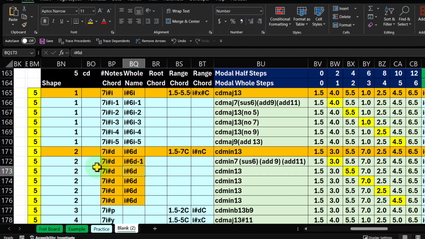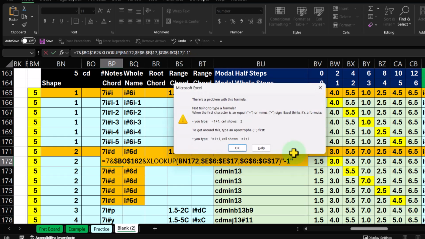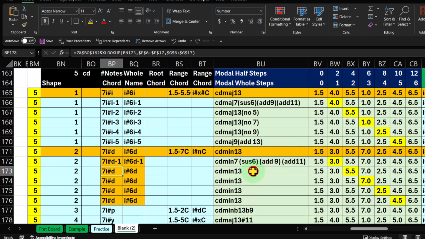It'd be easier to say it's an Ionian sharp 6 modal whole step chord with a Dorian shape -1, meaning we're going to remove the one that's going to be 1 modal whole step up. Or it's a 7-note Ionian sharp Dorian shape and then -1, subtracting the one that's 1 modal whole step up. I need an and here. All right. Let me hold on. And so then the next one is going to be